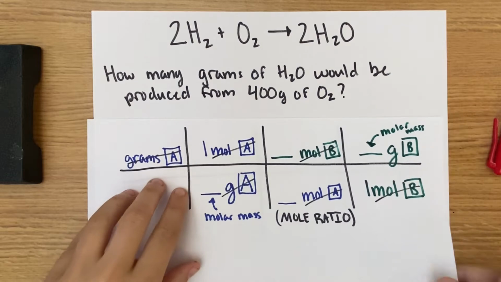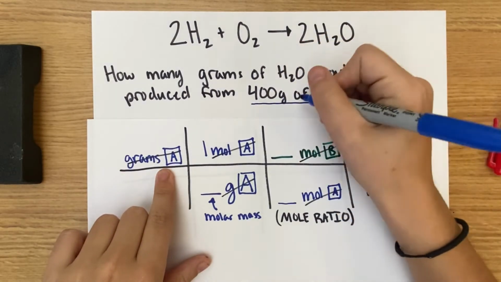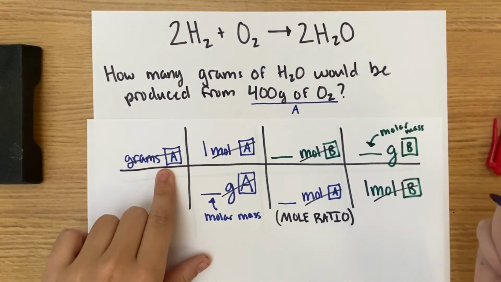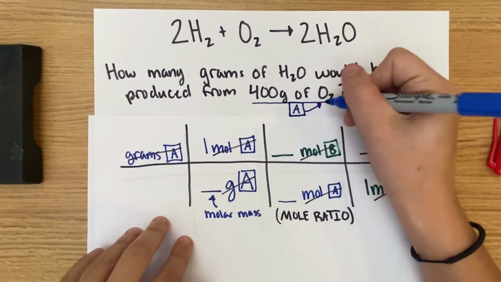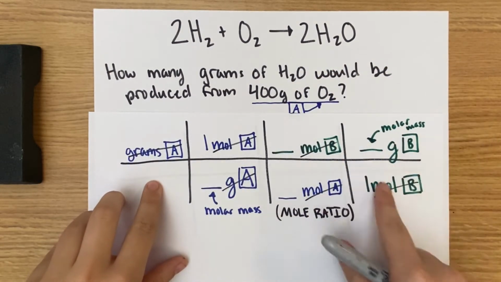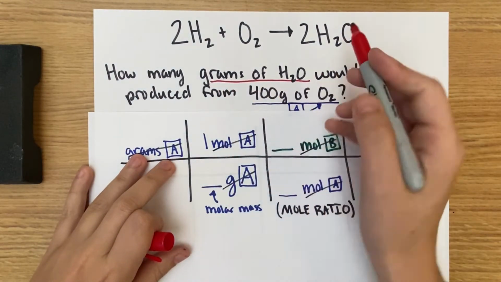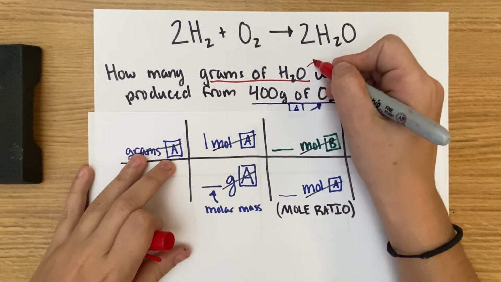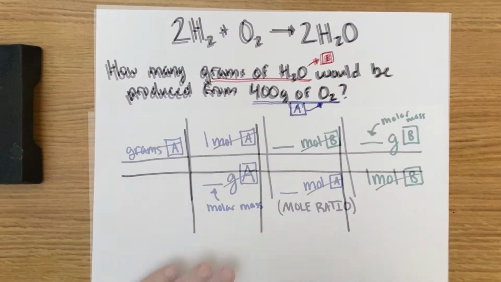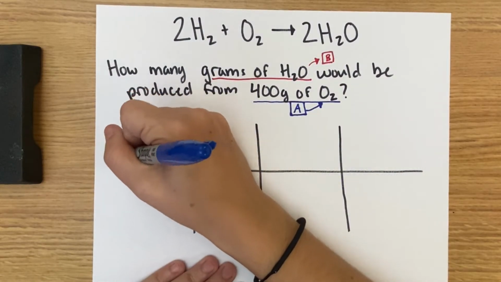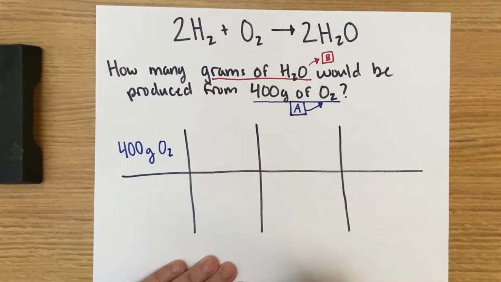So if we look at our setup, our starting point is going to be 400 grams of O2. That's our A. So anywhere we have A, we're going to be dealing with oxygen. Our B is what we're trying to get to, and the question asks how many grams of H2O. So H2O is going to be our B. Starting off by filling in our given, which is 400 grams of O2, and I'm going to write out that